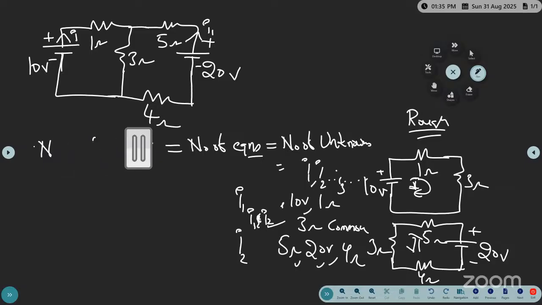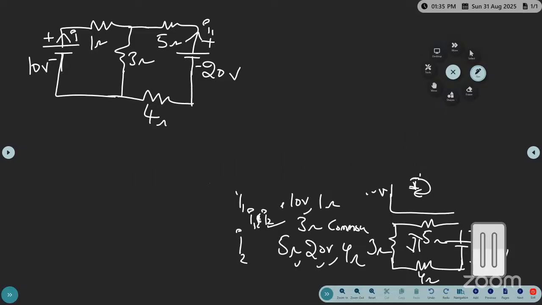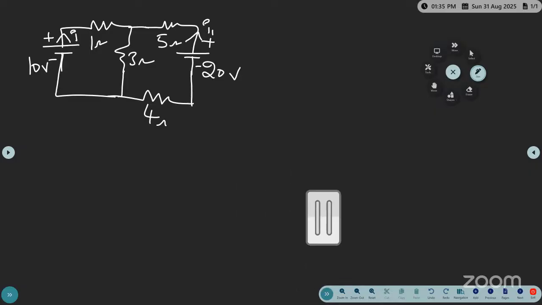Second step. After identification of the number of loops present in the above circuit, the second step is, see here, for the voltage source we have a plus symbol and a minus symbol. For the resistor, is there any plus and minus symbol? No. Okay, so the second step is that we have to assign the plus and minus symbol. I will explain that. We have to assign plus and minus symbols for the